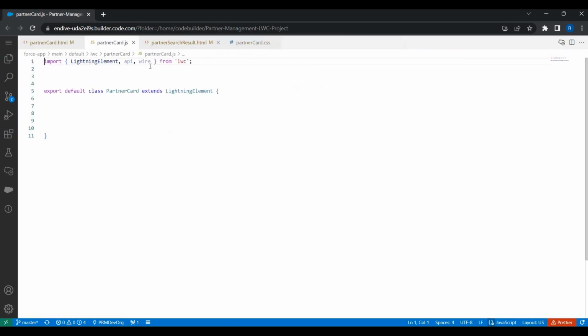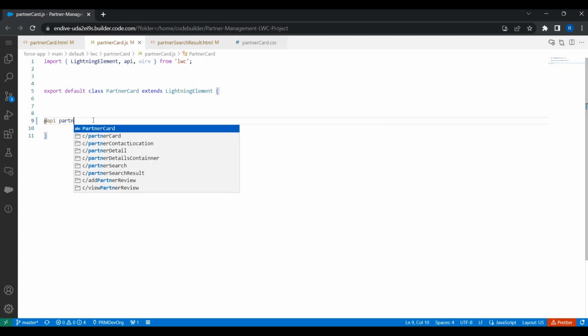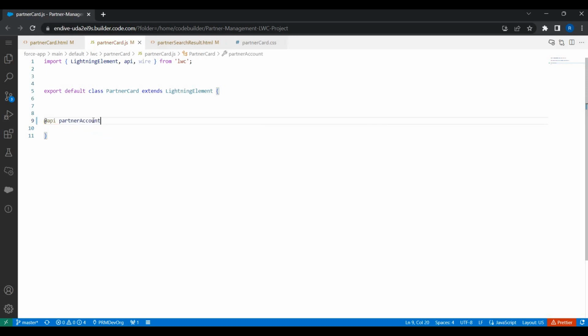So let's use this partner card, and of course you have to first import the API decorator. That is done, and what I'll do is I'll just expose a public property. I'll give the name of the property, let's say partner account. So that's the name of the property. So this is a public property to receive data from partner search result. Yeah. So now if we go back to the partner search result,